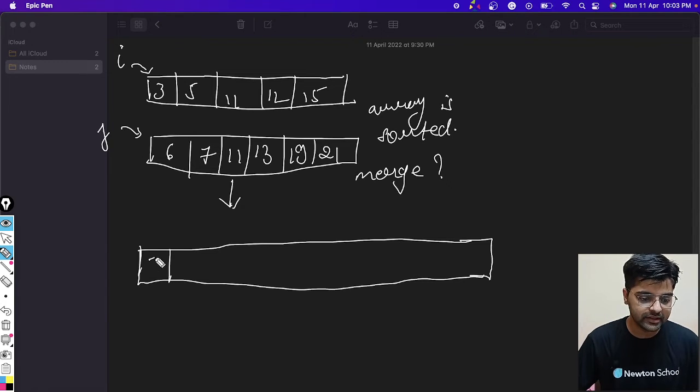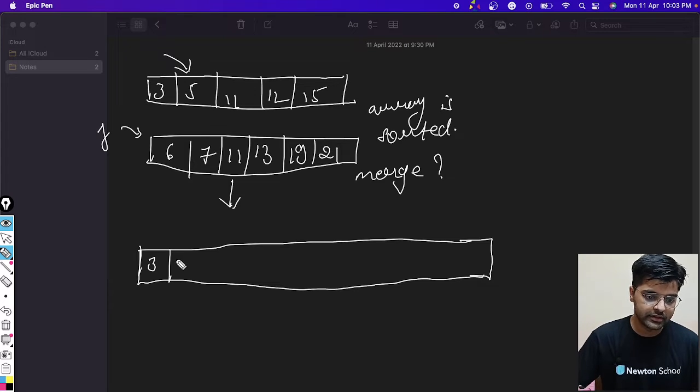So we'll get 3 here, and our pointer will move to the next. Then we will put 5 here, then again the i pointer will move to the next element. Now the smaller element is 6, so here I will put 6 and j will move.